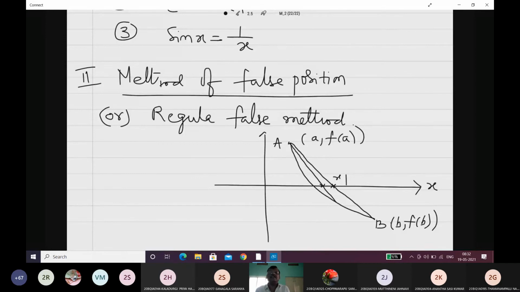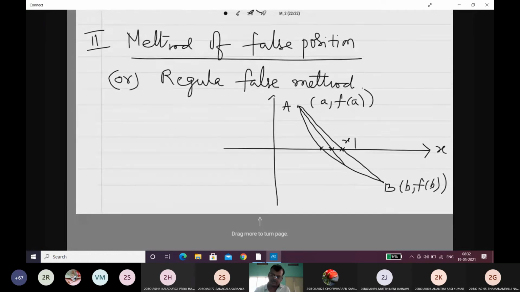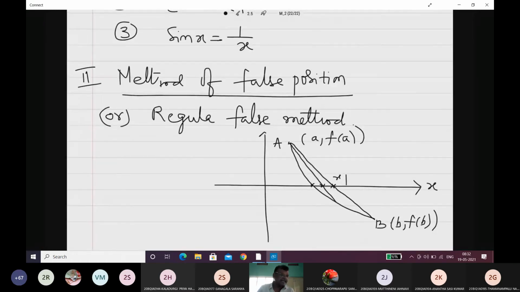That means finally the curve touches the x-axis at this point. This is the approximation. This is the method that we have to use. It is a simple procedure that we have to note down here. Consider the equation